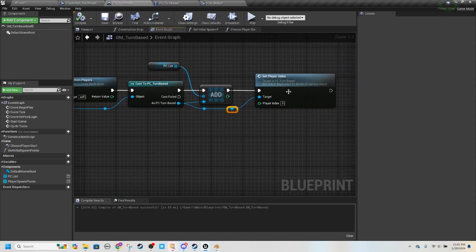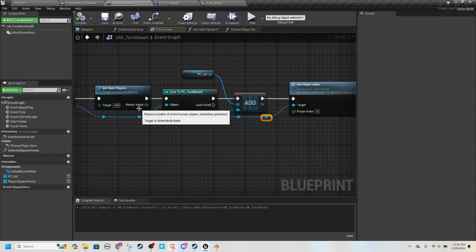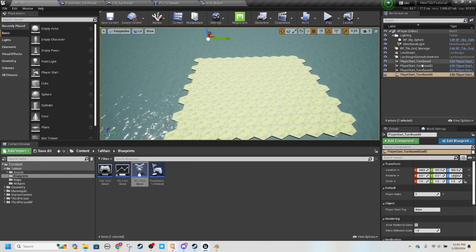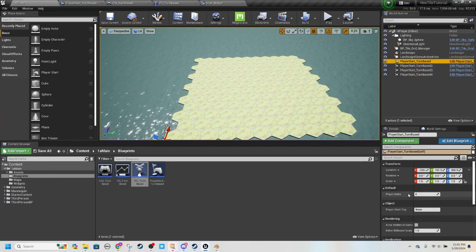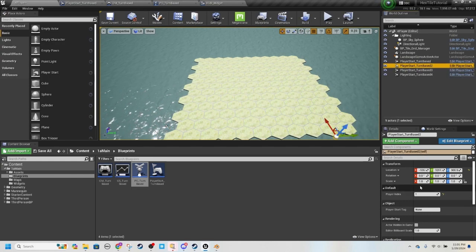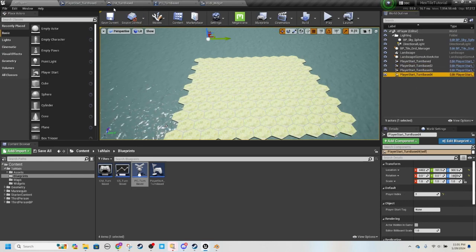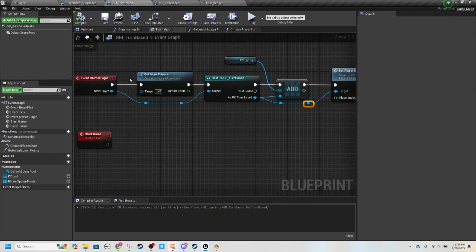And the way we're going to get the index is off the number of players. But the way arrays typically work is they start at 0, so they go 0, 1, 2, 3. So similar logic to how we have this set up, right? Player 1 is actually player index 0. Player 2 is actually player index 1, and so forth. So this is always just going to return